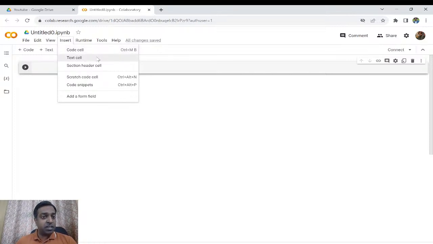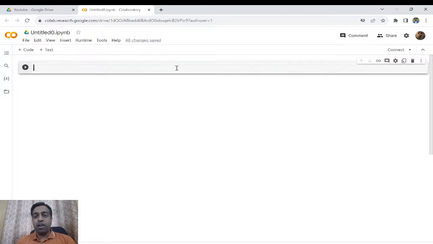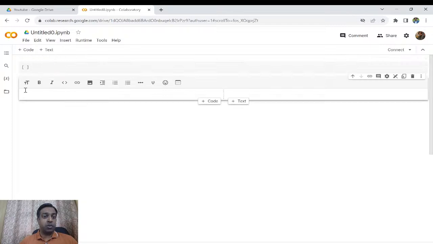The difference between the code and the text cell is that over here in Google Colab, or in the Python notebook, we can write both text as well as code. A notebook is something like a textbook in which we can write the code as well as a complete text. And if I want to write the text, over here we have the option code plus text. If I click on plus text, it is going to create a cell,